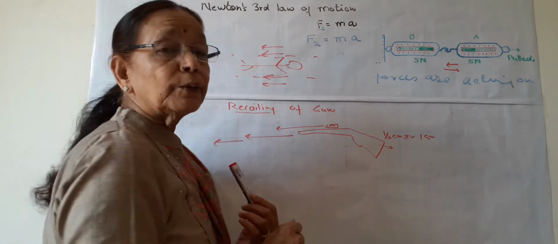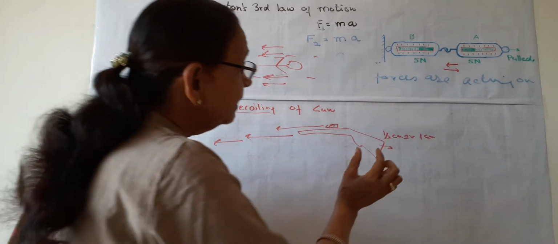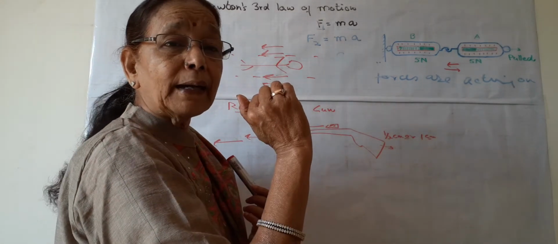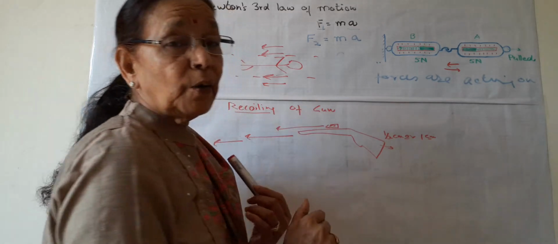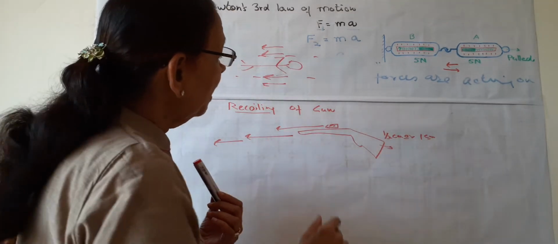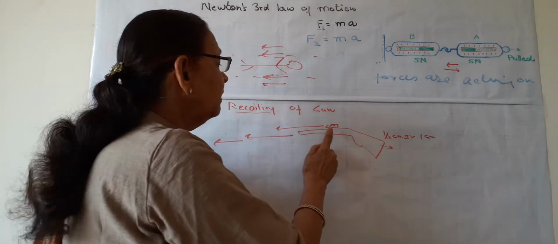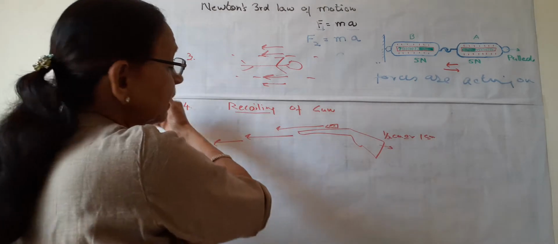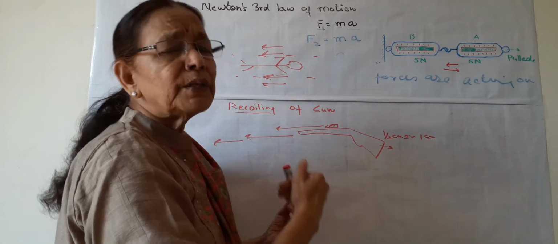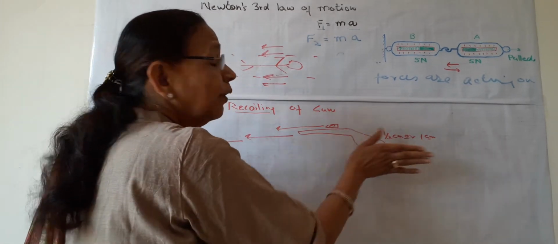And in some numericals we will have to calculate the recoiling velocity of the gun, that is, how much velocity it comes back with. This is known as recoiling. So as per Newton's third law, if this gun is fired, the bullet goes in this direction to a certain distance, about 1 meter or 2 meters or more than that. And the gun also recoils.